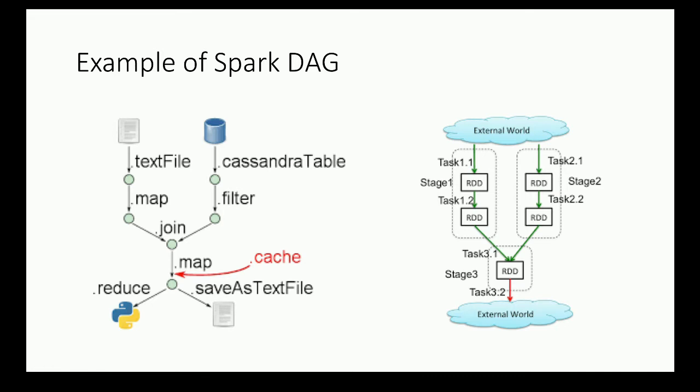I need? I need a mapped RDD. If I want to perform this map operation, what do I need? I just need a join RDD. And if I want to perform join RDD, what do I need? Well, I already have a join RDD, so I don't need anything. I can use that join RDD and do my operations and finish off this reduce operation, instead of starting from a map and a join and then a reduce, or a map and a join and a save as text file, which will eliminate these redundant steps. Don't worry about it if you don't understand, but this is how you should utilize cache,